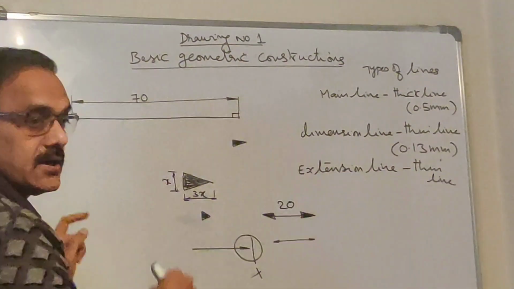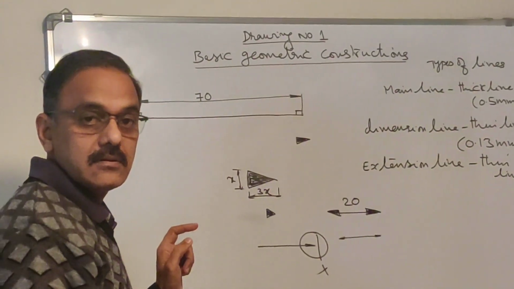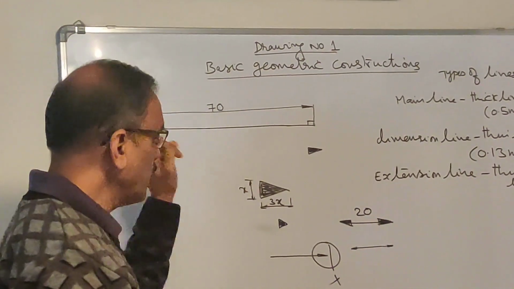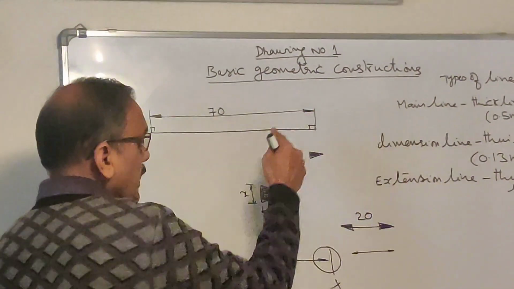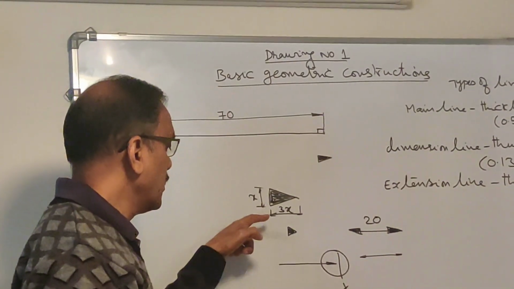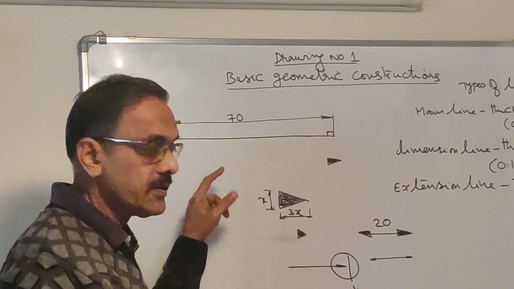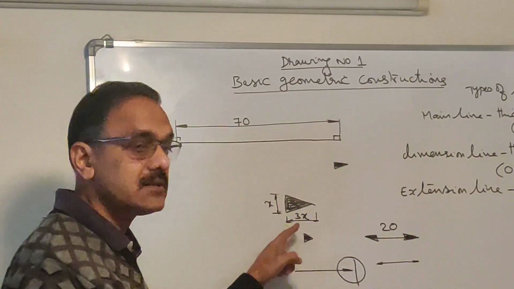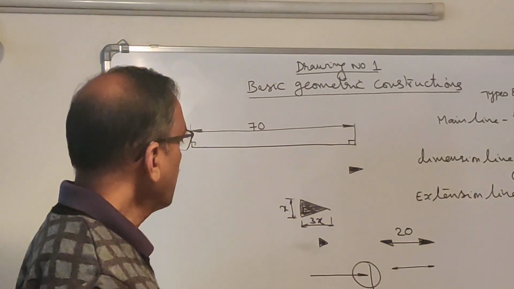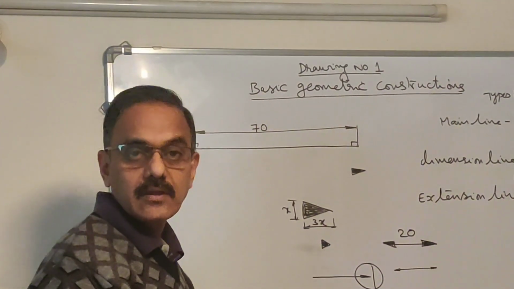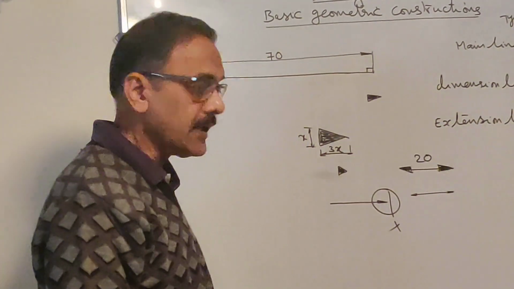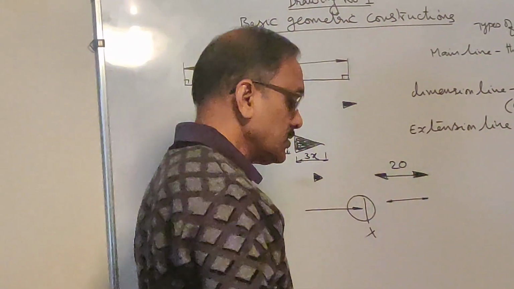Then you have put 2 arrowheads, making sure the arrowhead touches the extension line, and also you have made sure that the length of the arrowhead is made more compared to the width. The approximate proportion is x and 3x. If the width is x, the length has to be 3x. And shade it inside. The shading has to be light. Then you write the dimension on top of the line. So this is about the dimensioning.